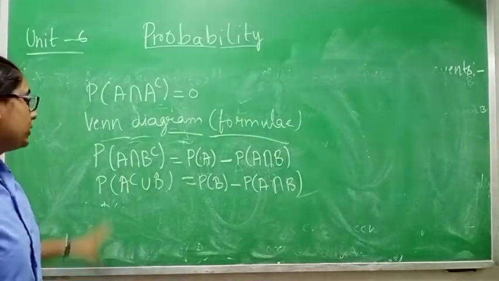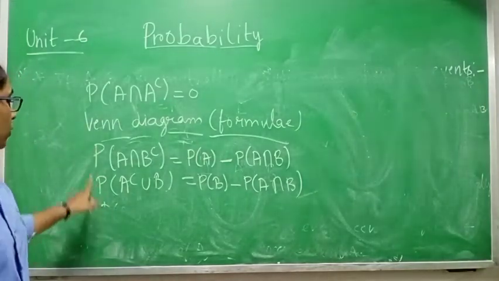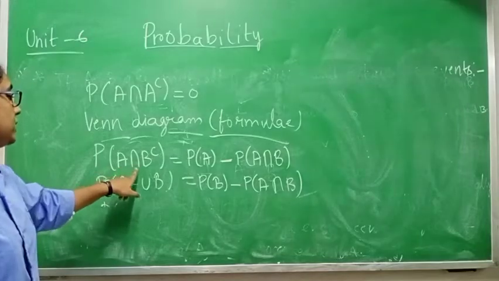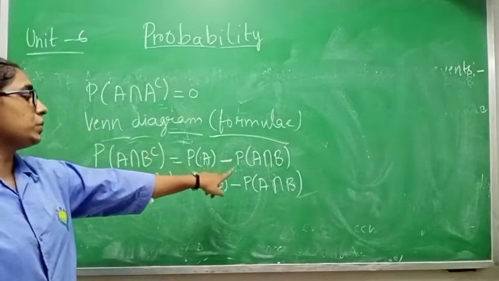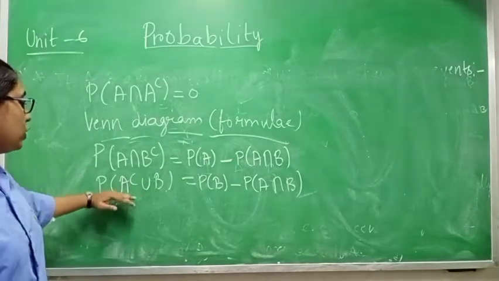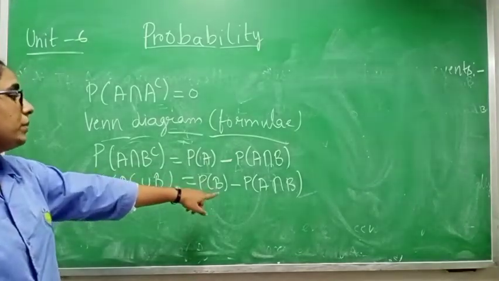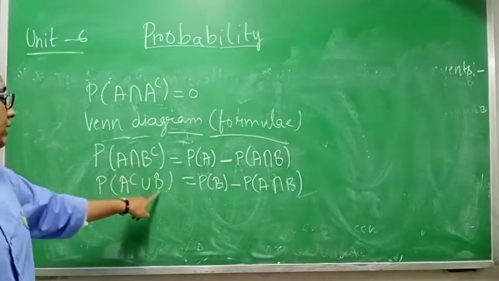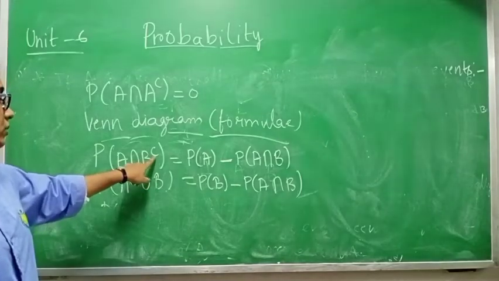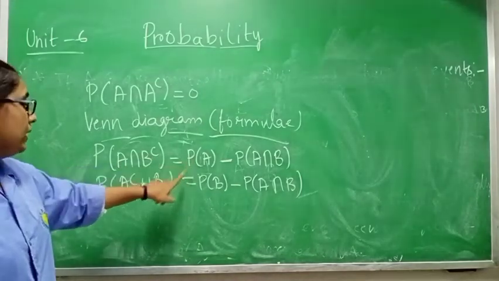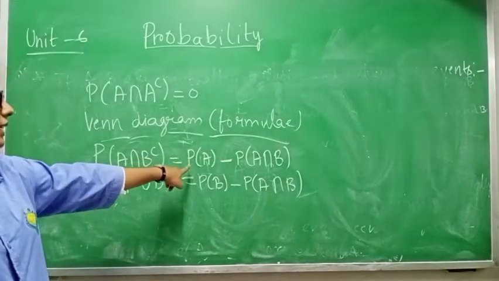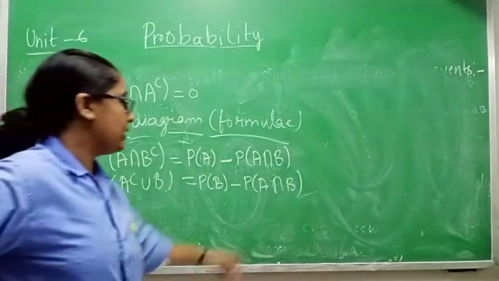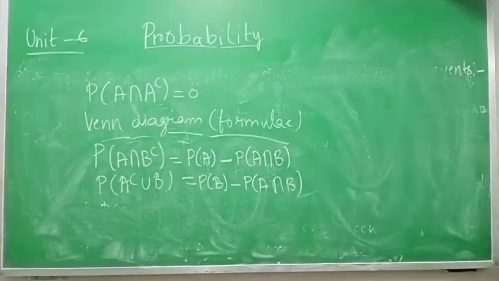Now Venn diagram formulas. There are two formulas related to Venn diagrams. Only learn these formulas, only these will apply when you solve questions. P(A intersection B complement) equals P(A) minus P(A intersection B). P(A complement intersection B) equals P(B) minus P(A intersection B). Here we are giving the intersection sign. Here the complement is in B, and here the complement is in A. When the complement is in B, we write P(A); when it is in A, we write P(B), and A intersection B will remain the same. Okay, right formula.